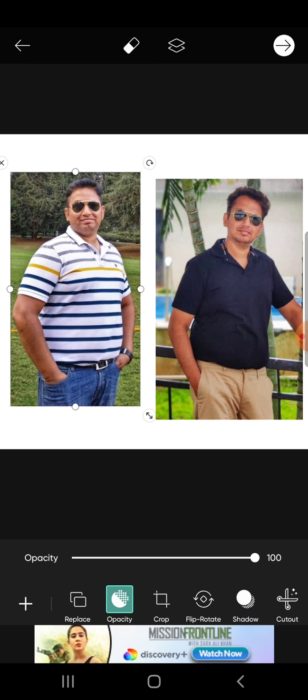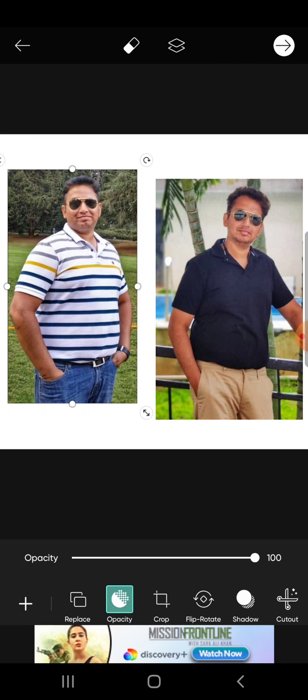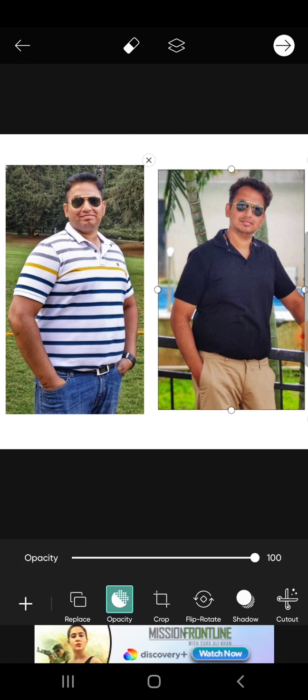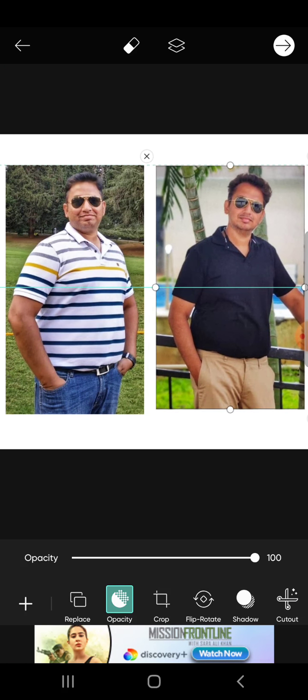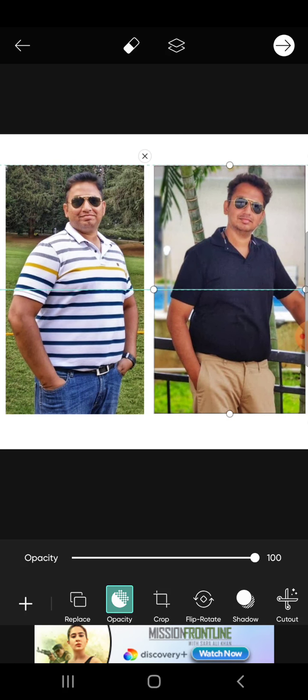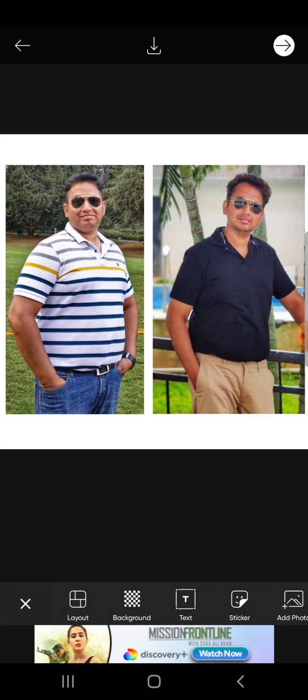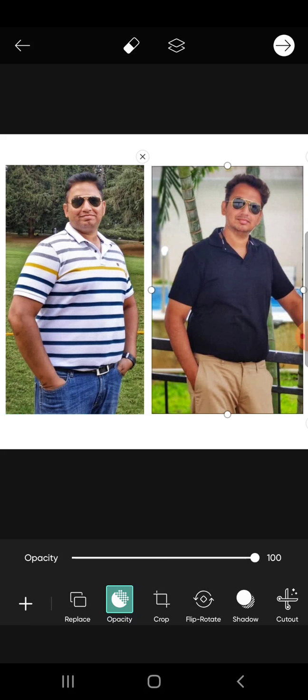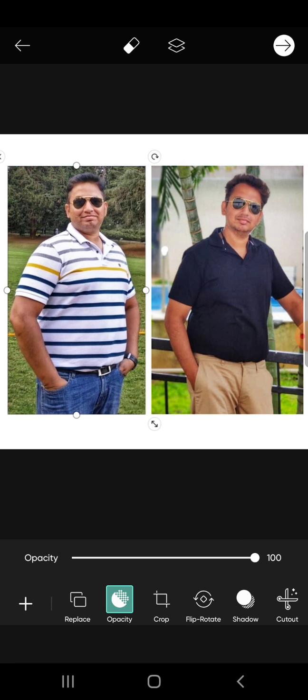Okay. Now it's all about placing the picture wherever I want it, however I want it. The main criteria I look for is that both the pictures are aligned. It should not happen that in the before picture and in the after picture the person looks different, especially with respect to the length or the height of the image. So this is what I ensure. Once this is done, you can see both the images are almost perfectly aligned.